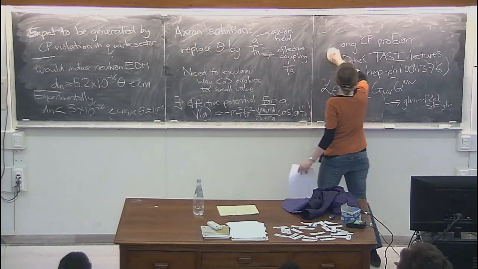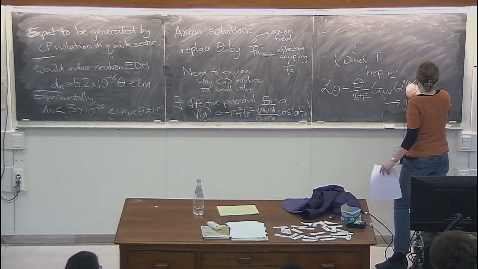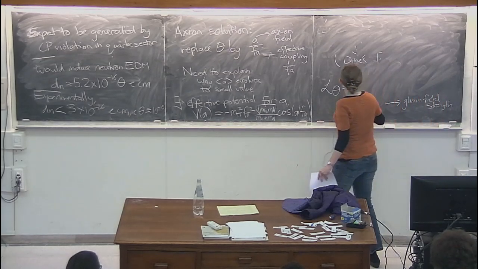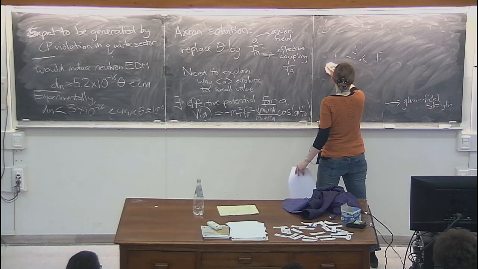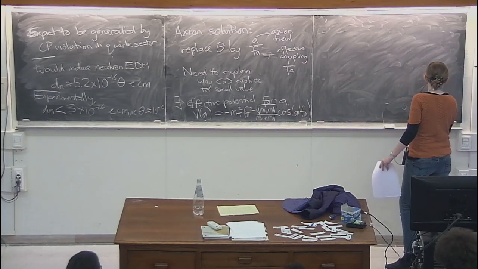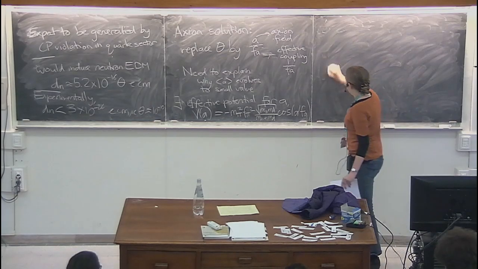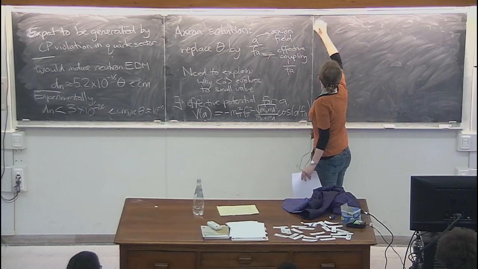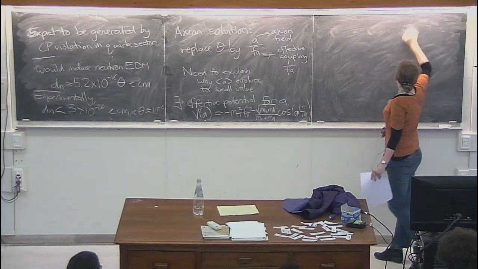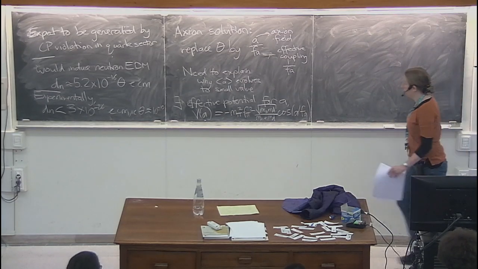But this is not an uncommon setup when you're talking about very light bosonic dark matter. You're going to be in a situation where you've got some scalar field, and you want to look at how it evolves over time. We'll show that in this particular case, for the axion, it evolves in such a way that the energy density stored in this field A is going to behave like cold dark matter.